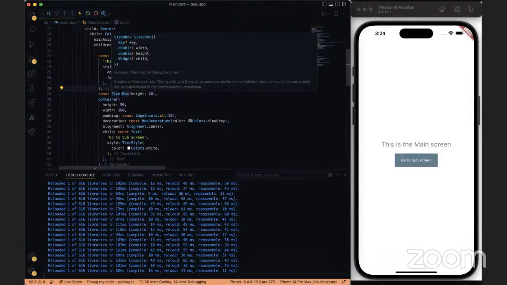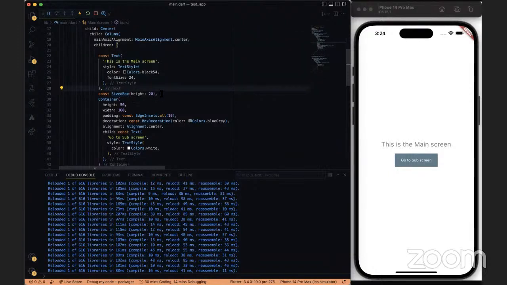So you could have a size box with certain height, and then you could fit in whatever widget is applicable inside of the size box. We could also use it for spacing. If we want to give space, in this case, between two widgets, we could use a size box to carry that out. Before now, most people used to use a container, but a container